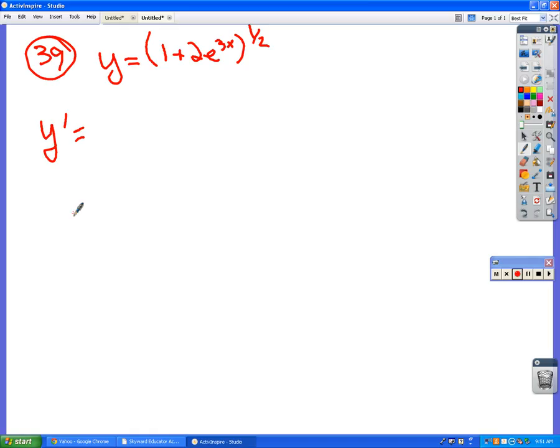So I'm going to take the exponent and put it in front. So that makes 1/2 times everything in here stays the same, to the negative 1/2, because we're subtracting now, because we're doing derivatives again. And then I have to multiply that by the derivative of the stuff inside the parentheses, which is,